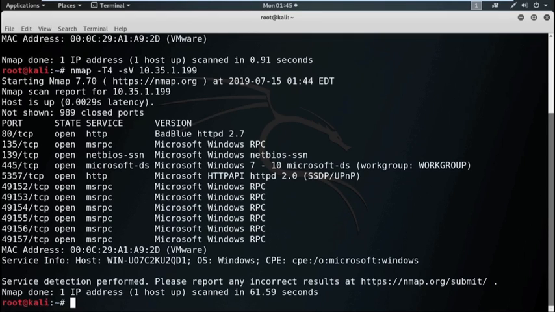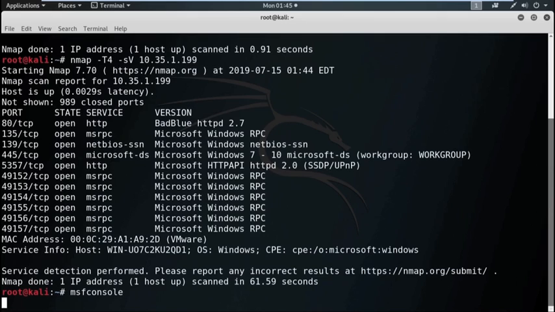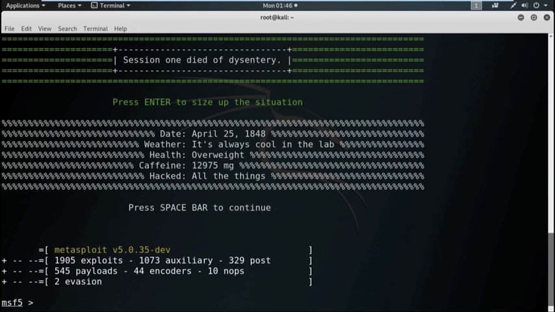Let us start the Metasploit framework. Now, in the Metasploit framework, search for the exploit related to the BadBlue service.